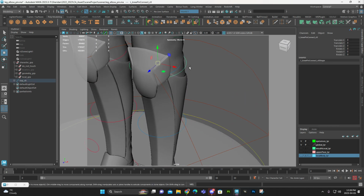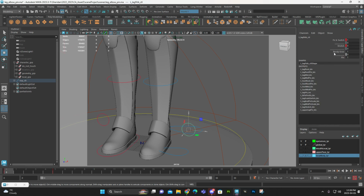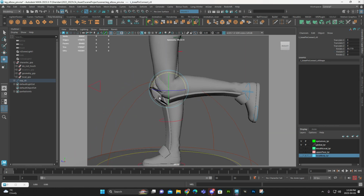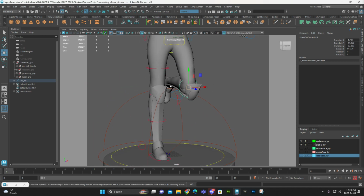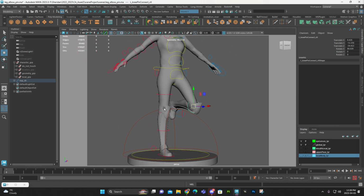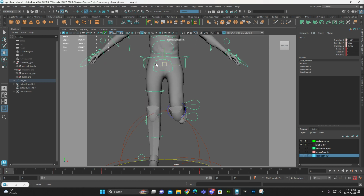This works with all of the other controls, but if you find it difficult to select, you could always turn off your bendy controls temporarily. But basically this is the same thing, right? So you can have your character kneeling, or let's say she wants to put her one leg up on the side of a chair or whatnot. That will just stay now perfectly locked in place, right? So that's there, and I can blend that on and off